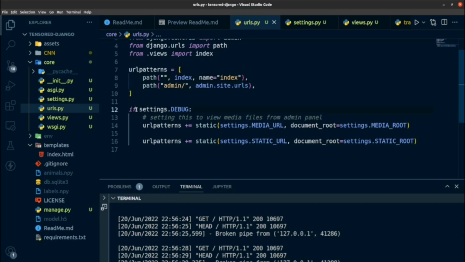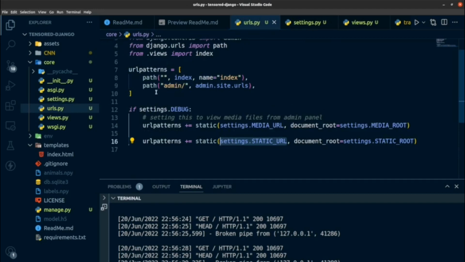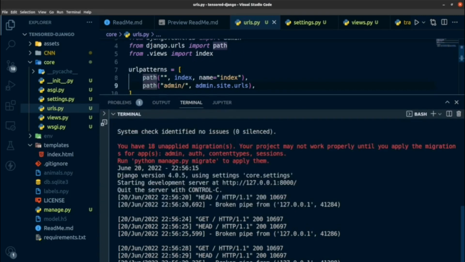So these settings are required when you're developing your Django project. I'm defining where the media files are found and how Django should form the URL. As you can see, the media files are found in the settings.MEDIA_ROOT, and you form the URL using settings.MEDIA_URL. Same thing with static files, so settings.STATIC_URL and settings.STATIC_ROOT, which were defined here. Once we have that set up, now if we run the server, we should have